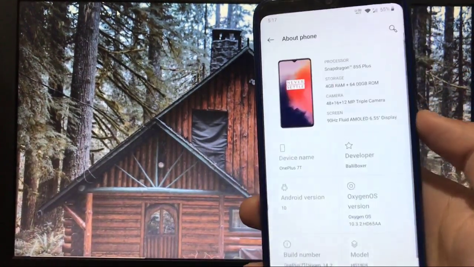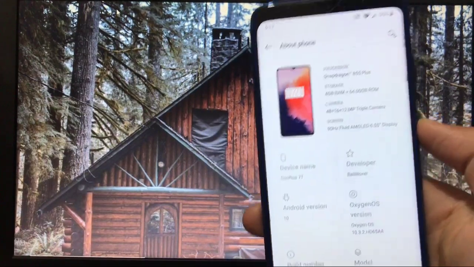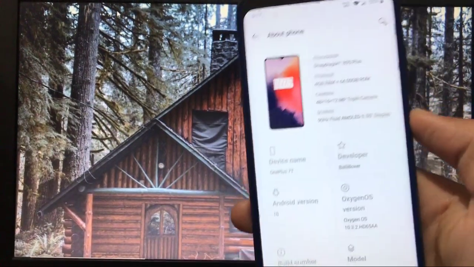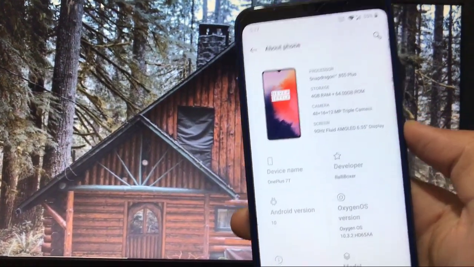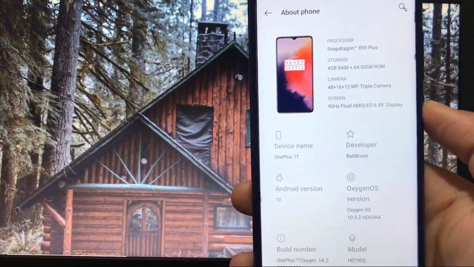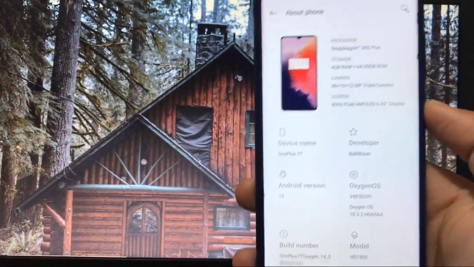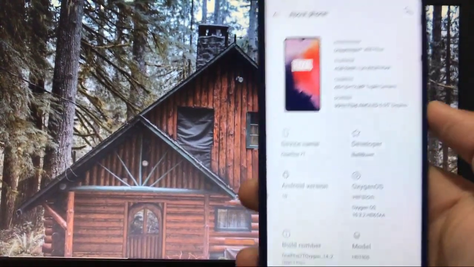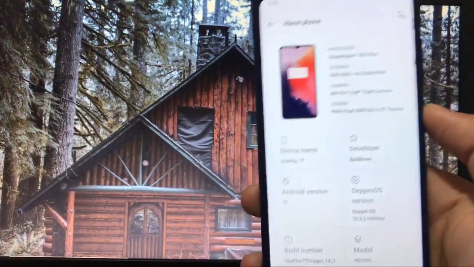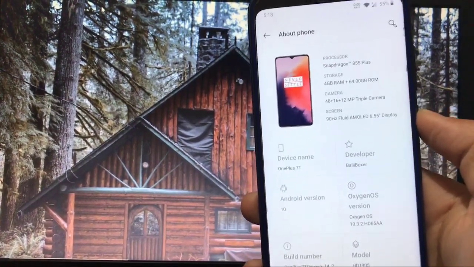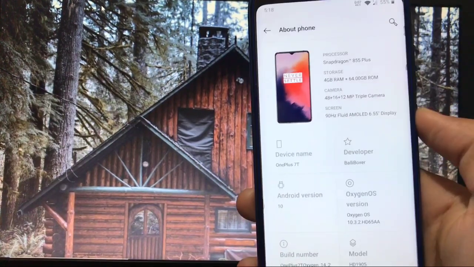And at last, as I already showed you, this is OnePlus 7T. So this was all from today's review. How to install this ROM, I'll write the whole guide on my website, and check out the links with those files, download those and install this file on your device with fixes. But I will make an installation tutorial very soon, so stay tuned for that.